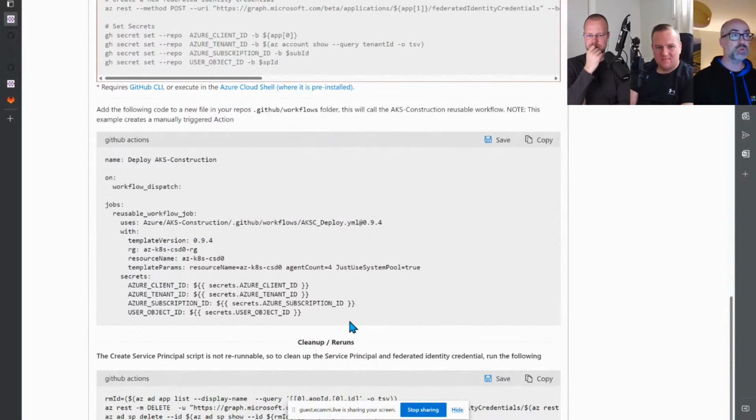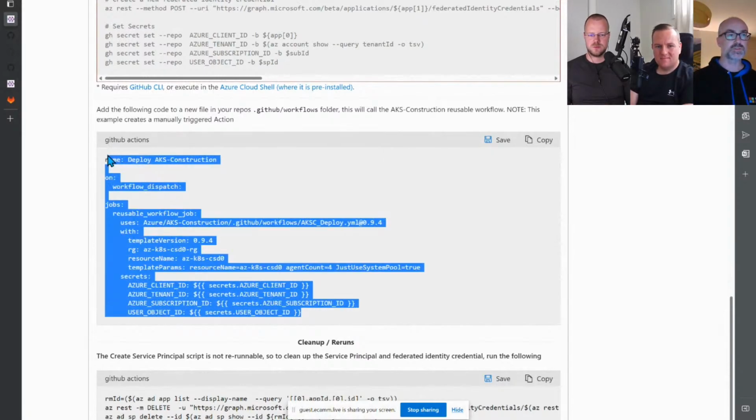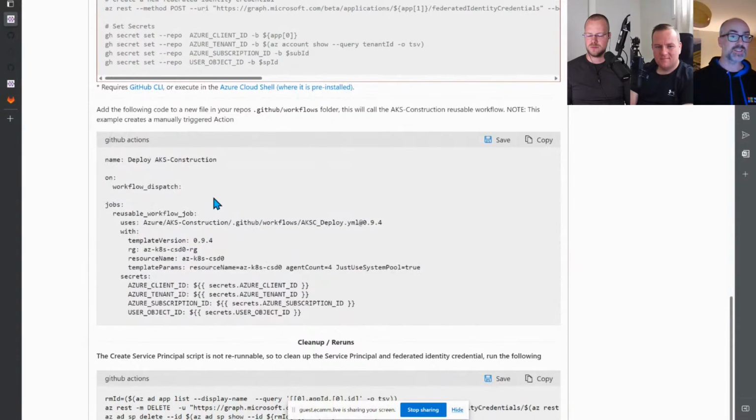So we're hosting these in our repository. If you're quite familiar with GitHub and its whole workflow action model, and you just want to wire this straight into your process, you can just grab this, shove it into GitHub, and you can be deploying clusters in CI/CD instead of just running script commands on your local terminal.